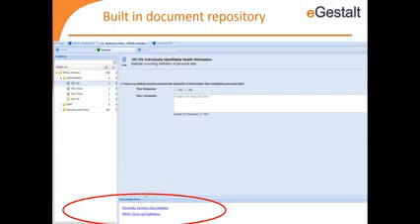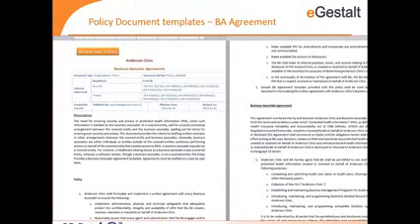So from a solution perspective, we make it very simple for you to understand what it means to define personal data, and then you have access to documents that you can review and come up to speed very quickly through the knowledge base.